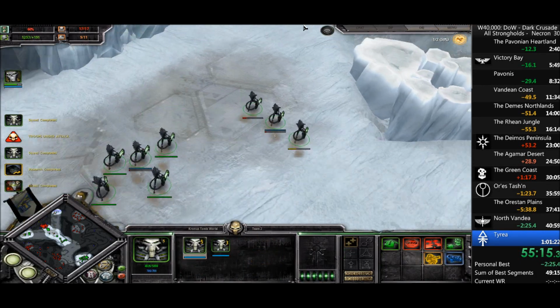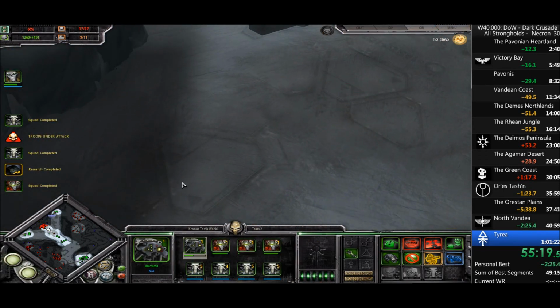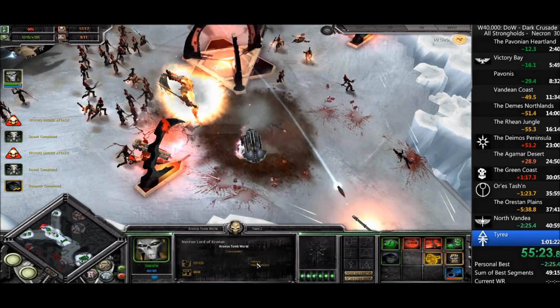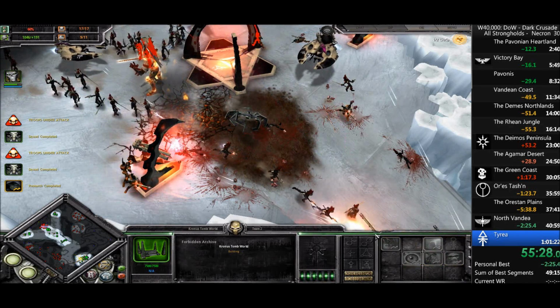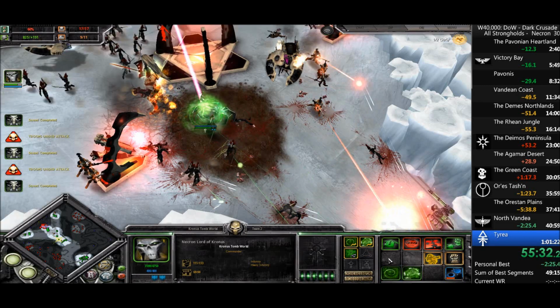focus on attacking the front. Here I see no more buildings, so I can move them in position for the pincer move. Yeah, here I want to attack the... yeah, I have almost forgot the war gear on the Necron Lord. Here I want to kill the...